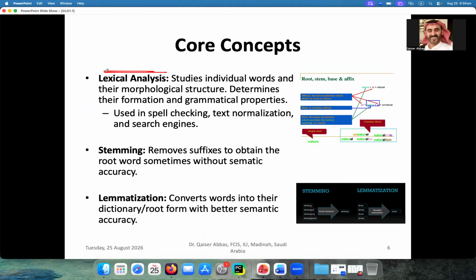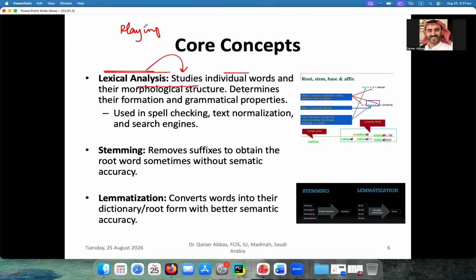This step studies individual words in your corpus, and it will study their morphological structure. Morphological structure normally means, for example, if the word is playing,